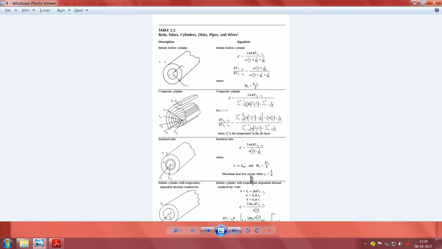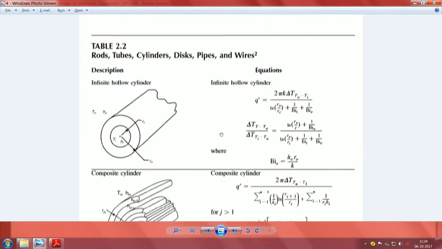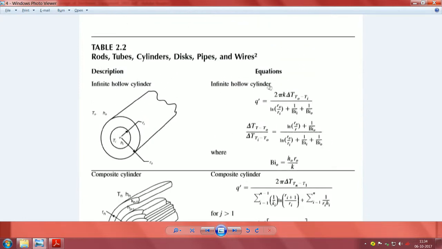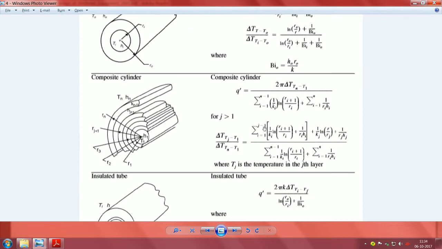The handbook contains most of the conditions and the necessary equations for you to find out the rate of heat or the heat flux, which is at any given point how to calculate if you want it on the surface and so on. And then in the case of composite cylinders, subsequently in the description,